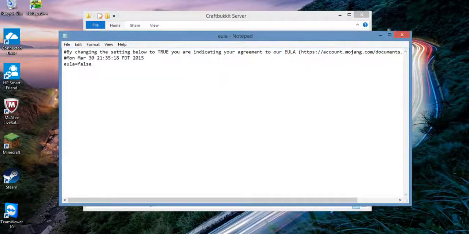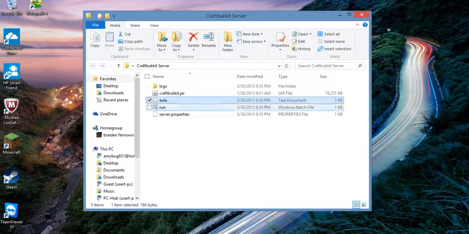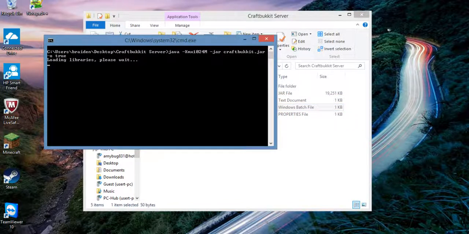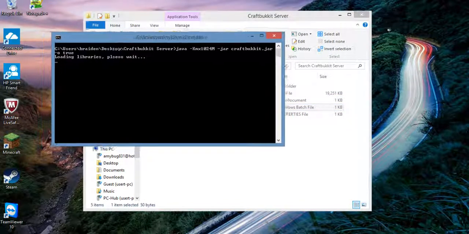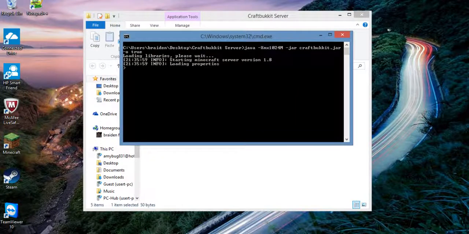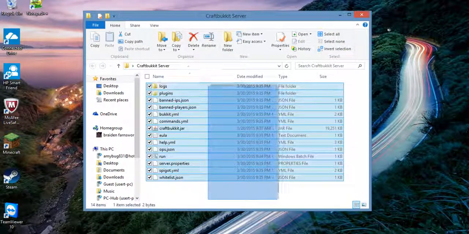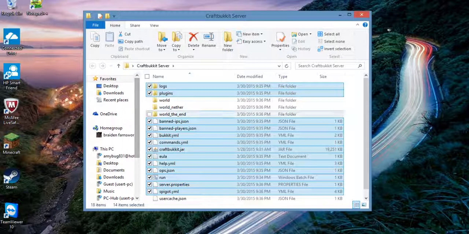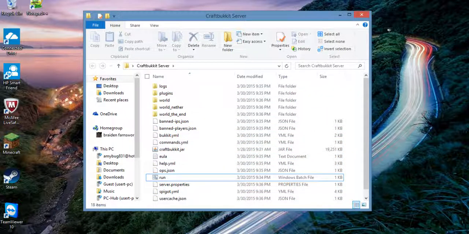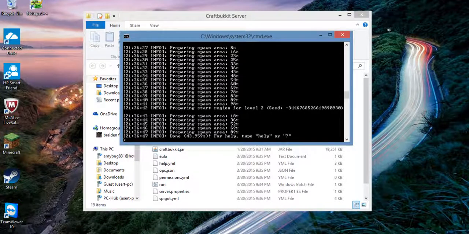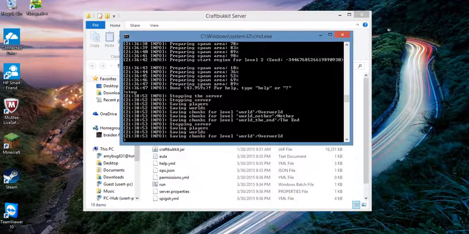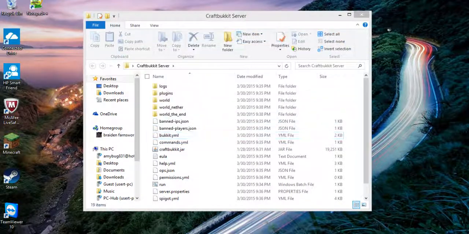Go to here and type this, false into true. Exit out and run your server. And this should run. This will all load. Once that's done, you click on stop. And then you press any key. After that,